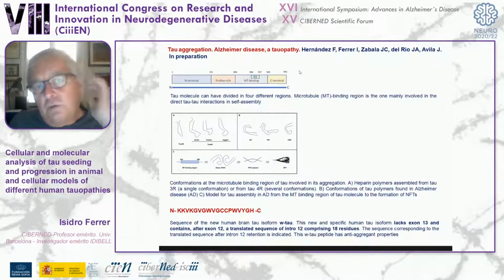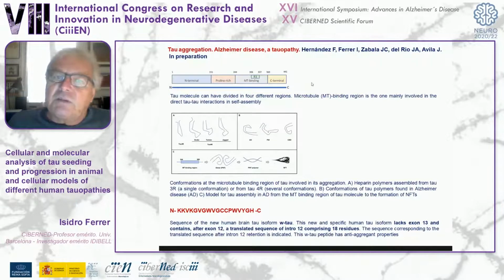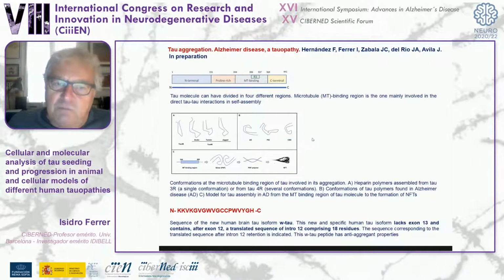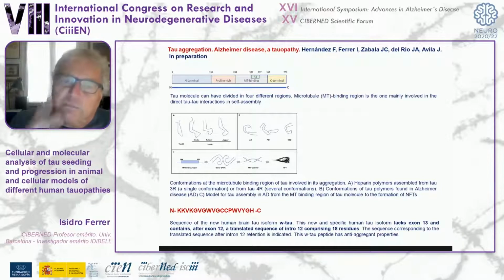We will go to, well, it is in preparation, these important aspects of the difference between the different strains of tau and the differences of tau among different species, and the comparison of these different types of strains in human tau, regarding Alzheimer's disease, Pick's disease, corticobasal degeneration, and other tauopathies, in line with the studies being carried out by the group of Goedert.